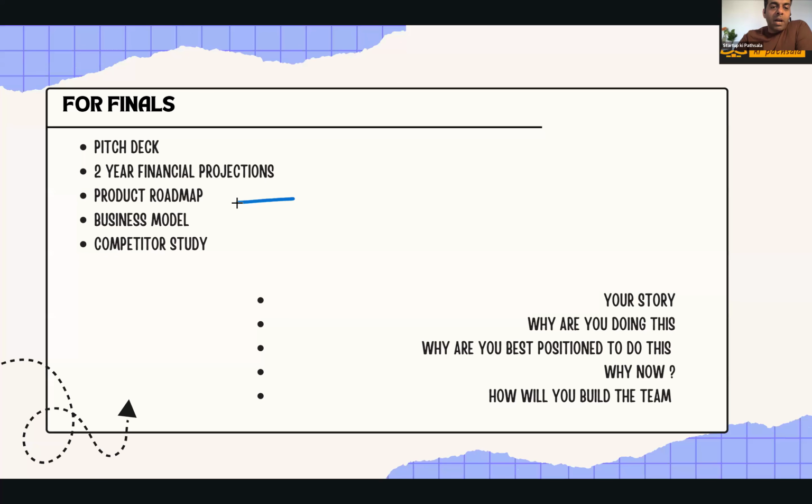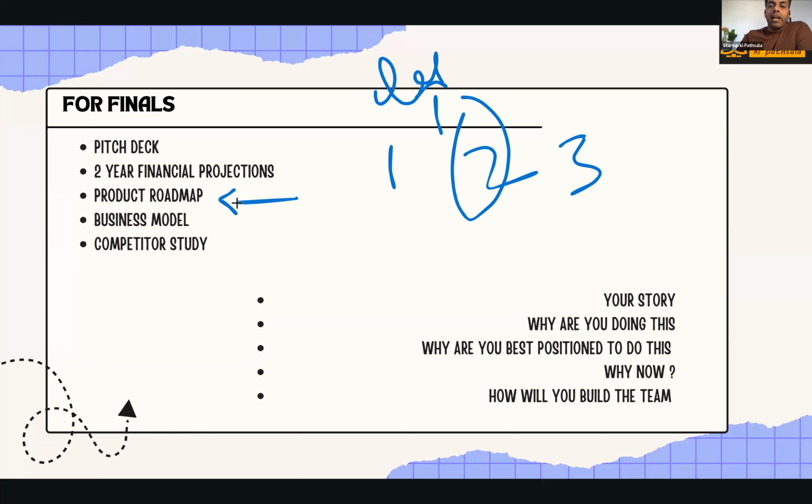Put together the product roadmap, right? Product roadmap is basically, as Sagar said, that AI will come, but now it's too ambitious or too early for me to bring it into my product. So I have a 3-year product roadmap. In the second year, I will start building my data layer, and then I will add my AI into it. I will automate it, and all that stuff can come. Then be very sure of your business model.